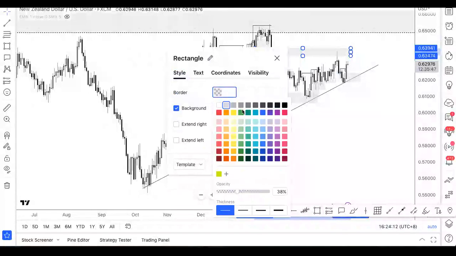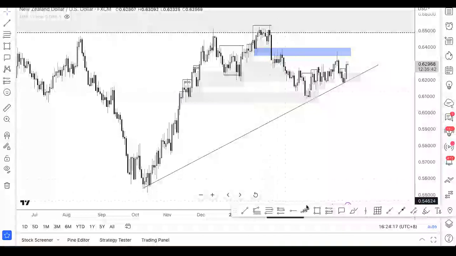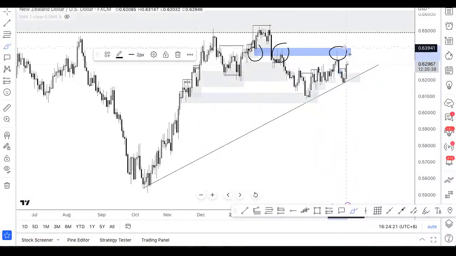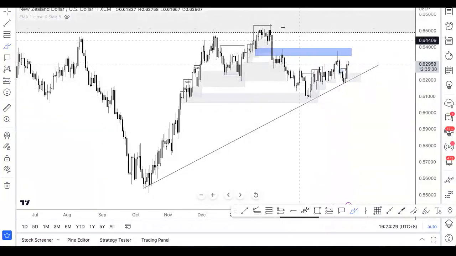I'll put this in a different color, let's just say in blue. So you can see that in this region, price tested as both support and resistance, and then the rejection here again. So if price comes into this daily area, we could target this blue zone as the resistance. So that's one. And once we have identified this on the daily, we try and find if